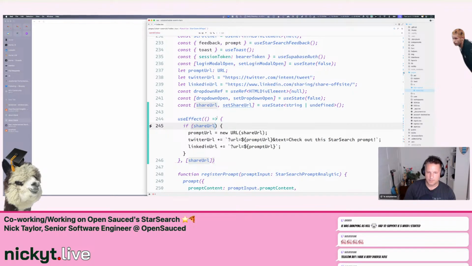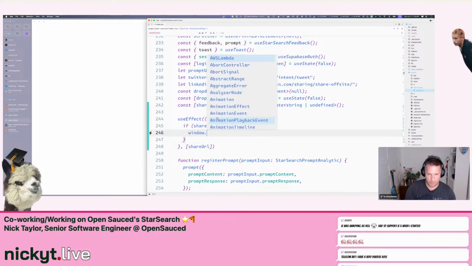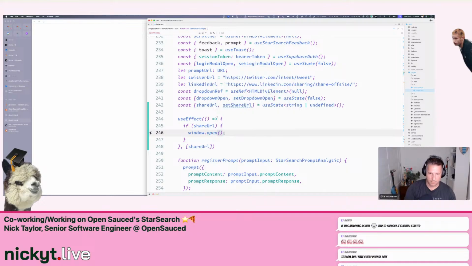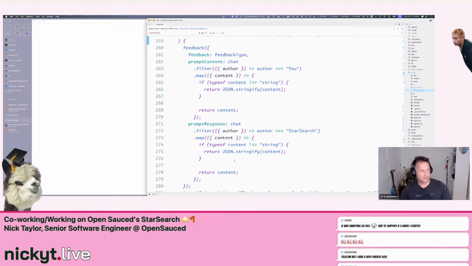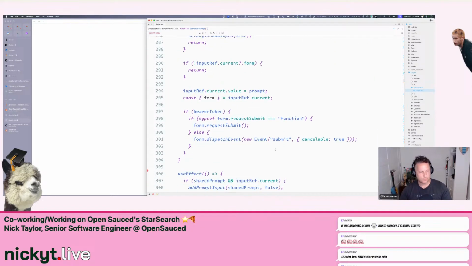Cool. Nope, that's not exactly it, Copilot. Okay, and then we're gonna say window dot open share URL blank. All right, that's good. And now, again, this seems like overkill just to open a window, but if it fixes the cross browser issue,